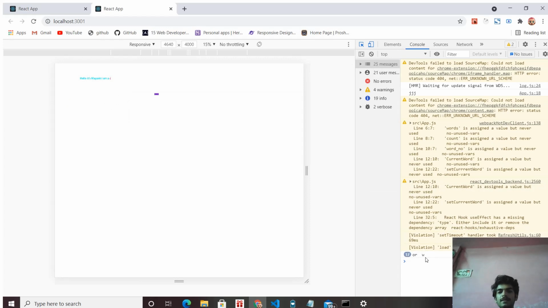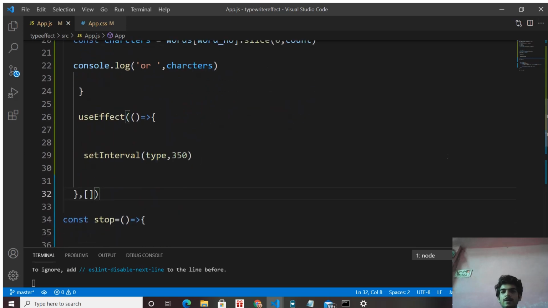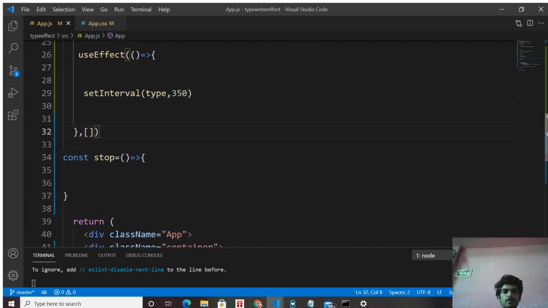W is the character, it is only one character because of the slice function, and it continuously gets executed. Our type function continuously gets executed because we have added this 350 millisecond interval. Okay, so this is how it is running.